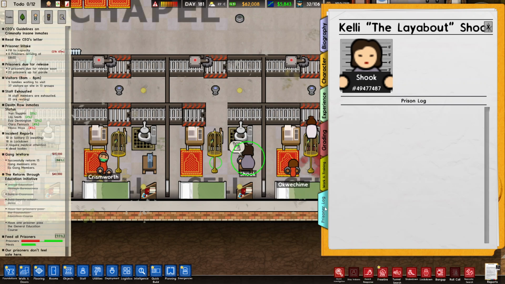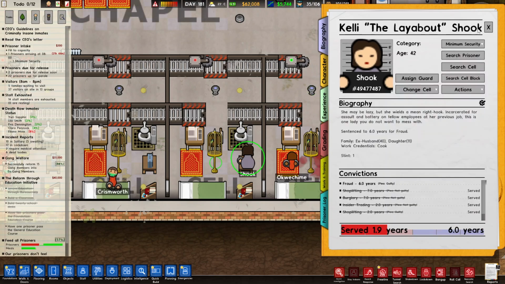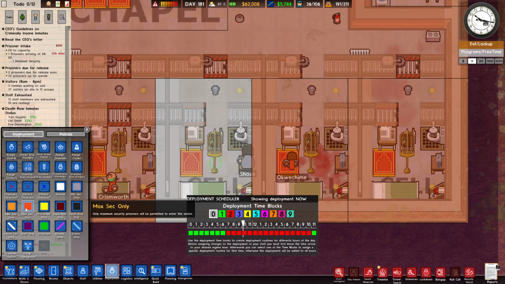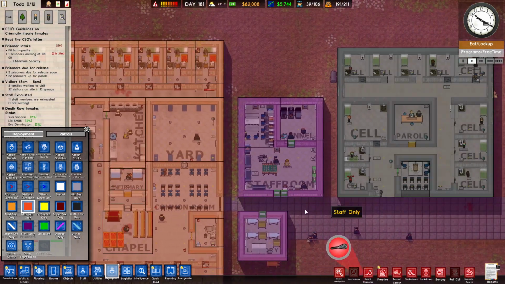Are you an ex-gang member? It doesn't look like it. I don't know why you're here. Has the deployment broken, perhaps? It is for that cell, look. Why has that one become... Oh no, there's another one. Random things like that